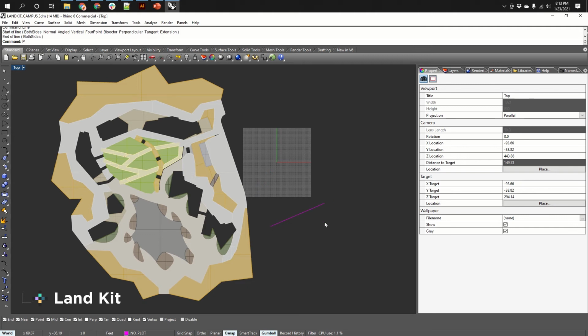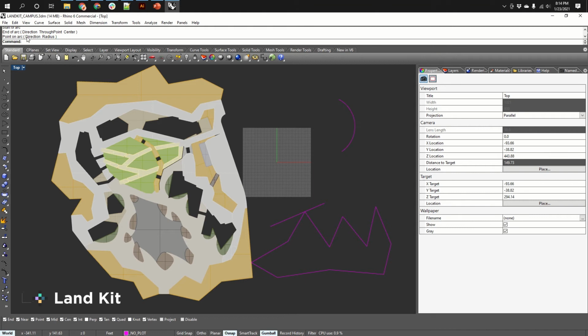I can type polyline, or in my case, PL. I've set up some shortcuts. And I can make a polyline, so I can make some shapes. And I can also do an arc. So I like to do a starting point arc. So if I just type S, and as you can see,